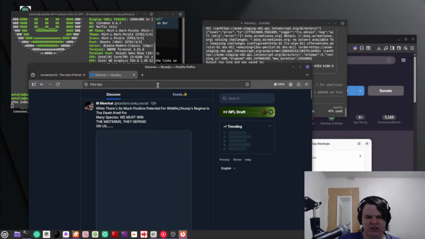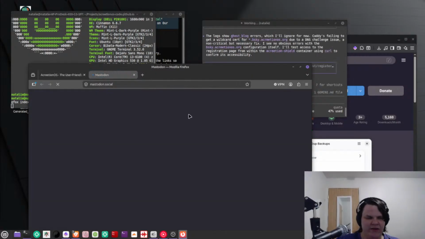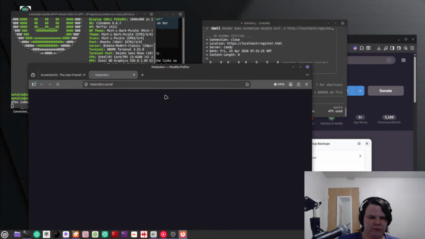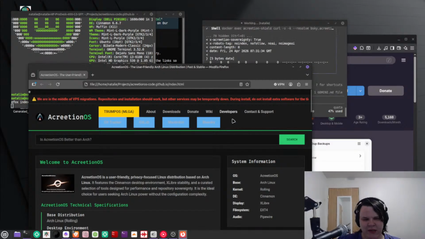This, my friends, is why we take care of stuff like that. I'm gonna go ahead and see if they get Mastodon working. Yeah, no. I still gotta fix the Mastodon, actually, so we'll leave that the way it is. The rest of these shouldn't have changed.